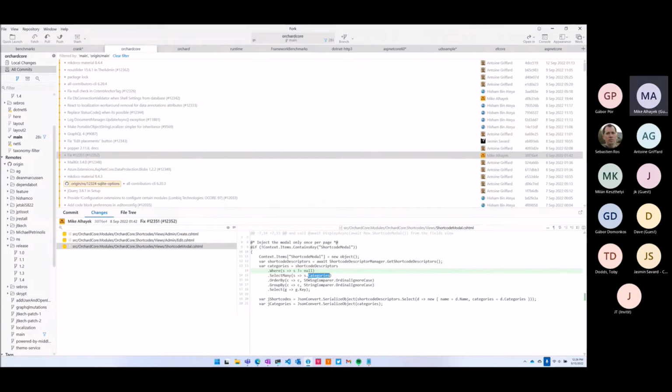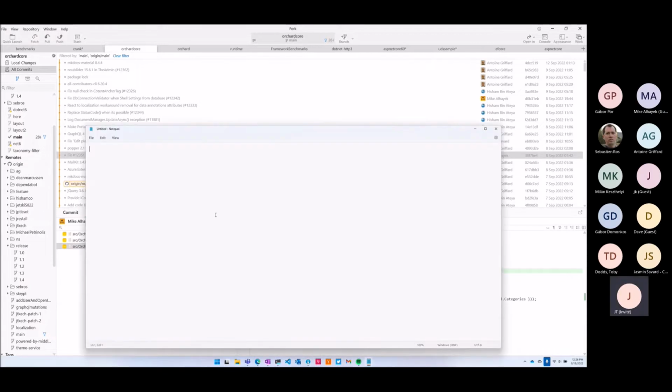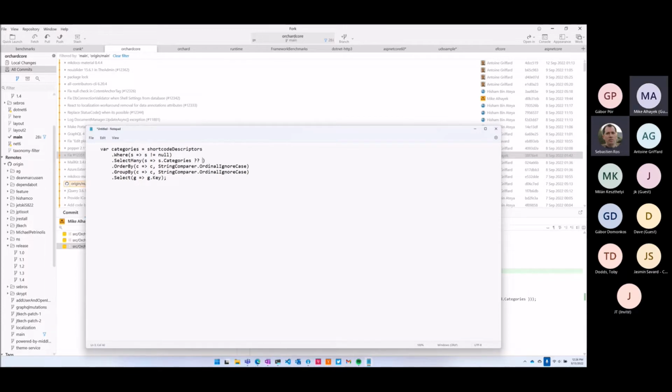Because if a category or categories can be null, then nothing here is preventing that. I think I see what you're saying. Well, did it fix it? Did it fix your issue? Maybe there is another issue. So if categories could be null, whenever you access that, you say, give me, so maybe categories or an if empty.